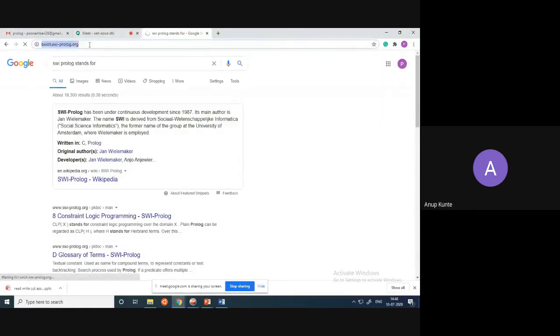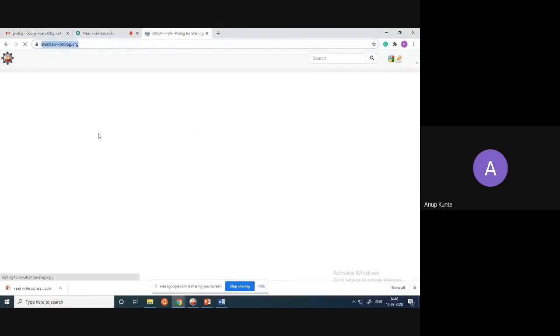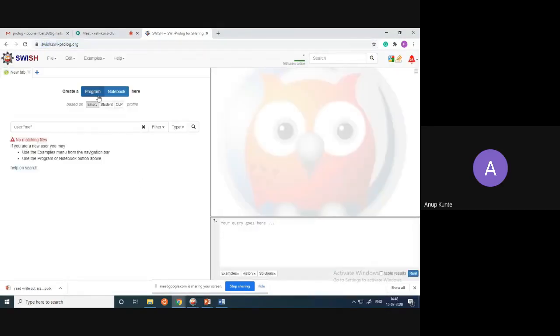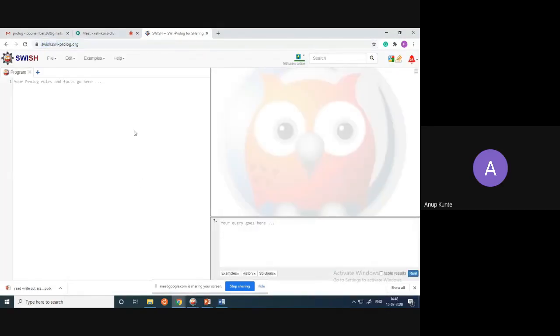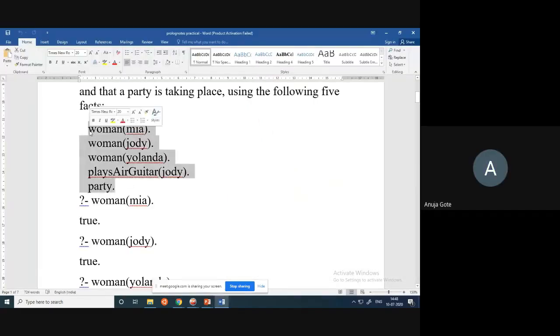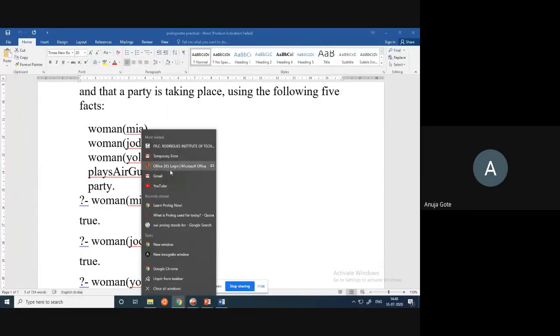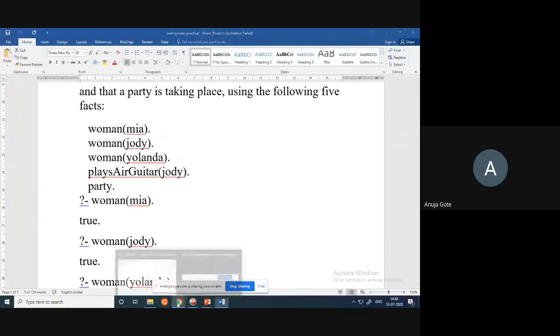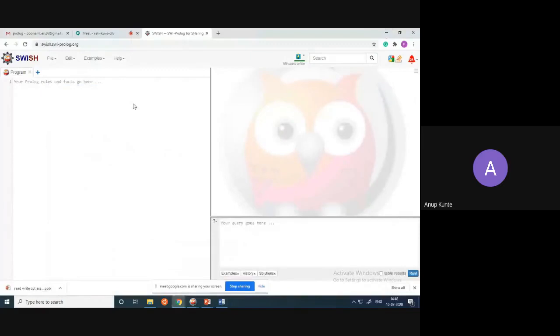We just need to load the program or write the program code, and in the lower bottom you have to place the query. Then how do we create the knowledge base there? Do we create the file on our system and upload it? You can upload also, or you can write it in that window also.